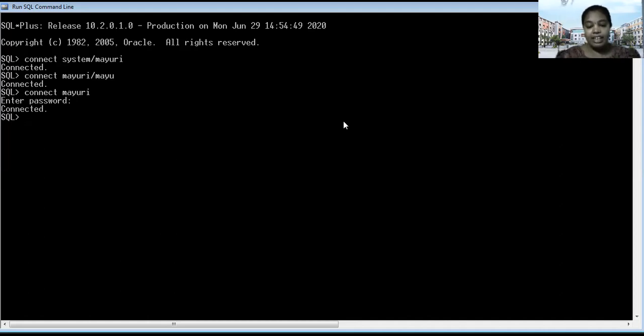Now, before inserting the data into the table, you have to create one table using a DDL command. Just see here: create table employee. Employee ID is a number data type. Next, employee name, which is character oriented, so we have used varchar, variable length character type, for the name. And then which department he is in.